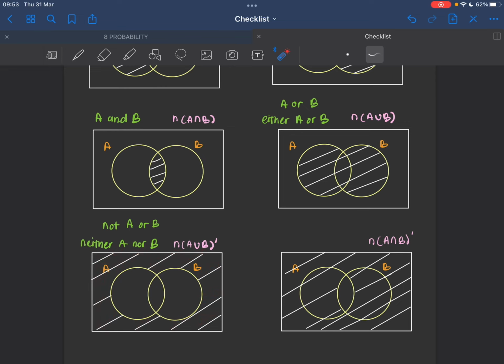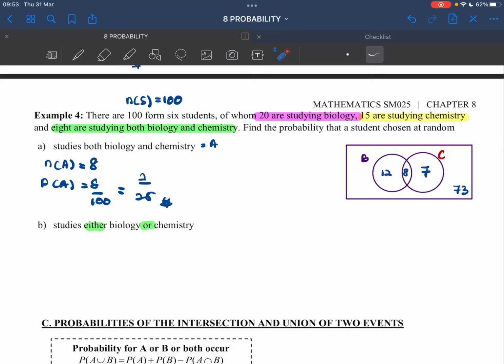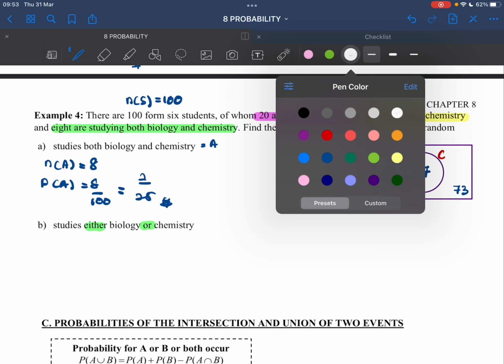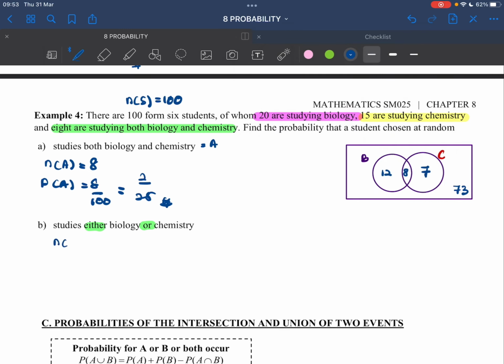Now if we want to find the probability that a student studies either biology or chemistry, let's call this event B. Everything inside the circle will be 12 plus 8 plus 7, and here we have 27. So the probability of B will be equal to 27 over 100. So that's it